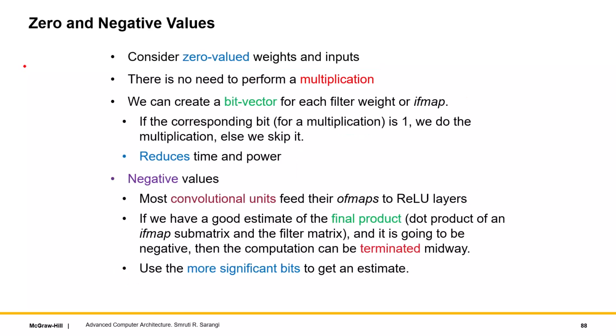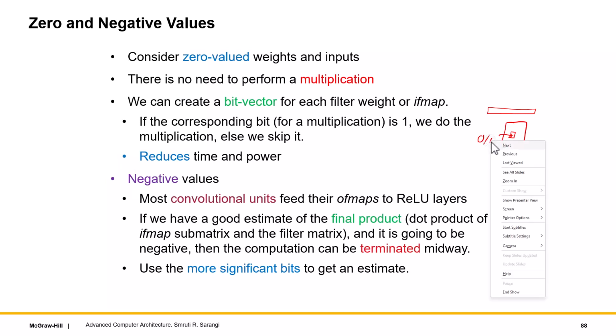Zero and negative values, as I have said, are very interesting. If we look at zero valued weights and inputs, they can of course be removed from the multiplication process because there is no need to perform a multiplication. So given a filter or an IF map, we can store a bit vector or a bit matrix which essentially stores, for each cell,